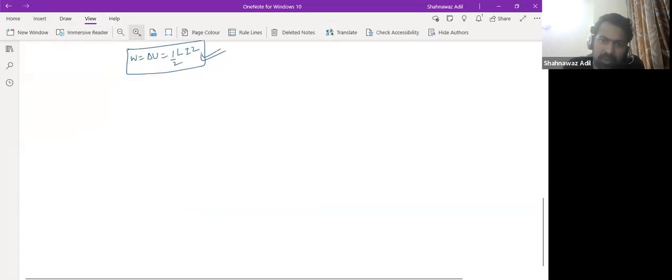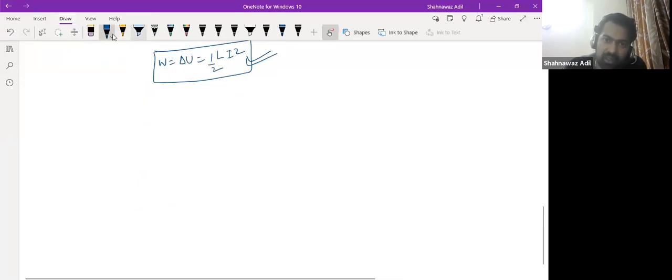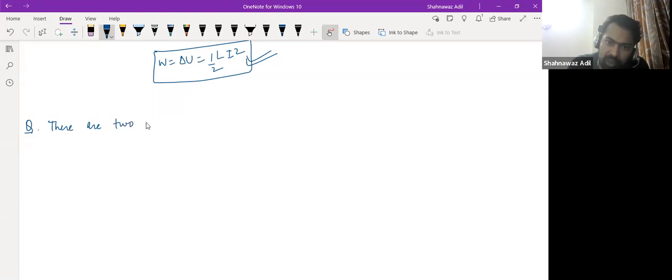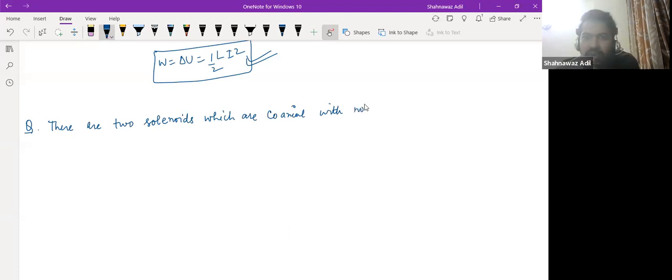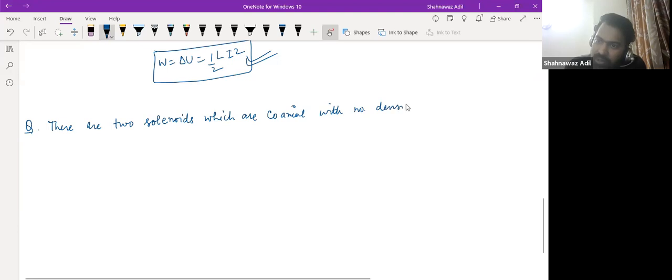The question is that there are solenoids which are coaxial with number densities n1 and n2, and radii